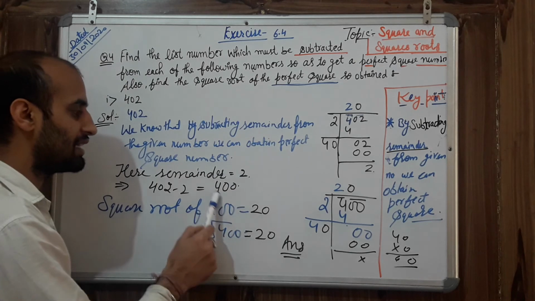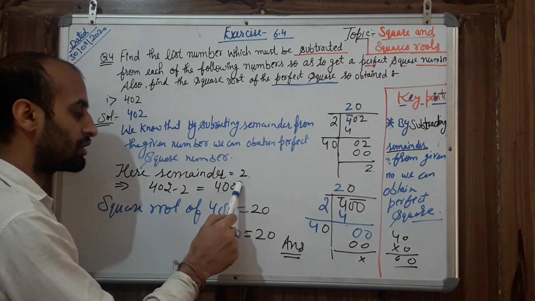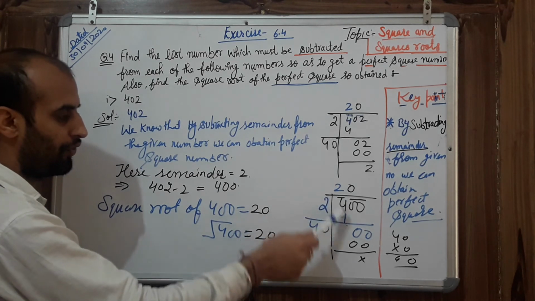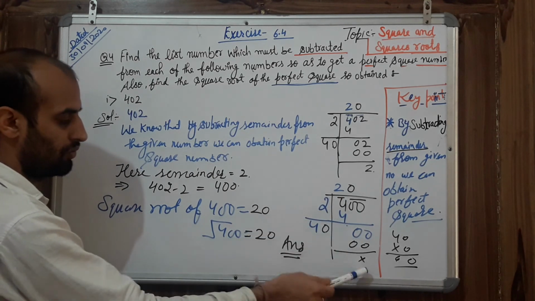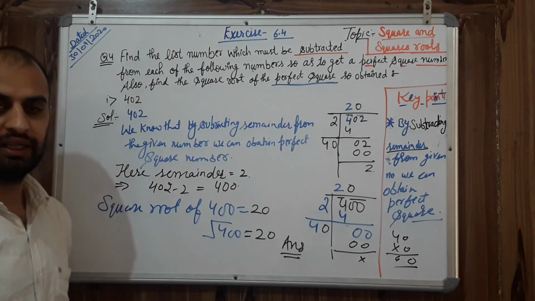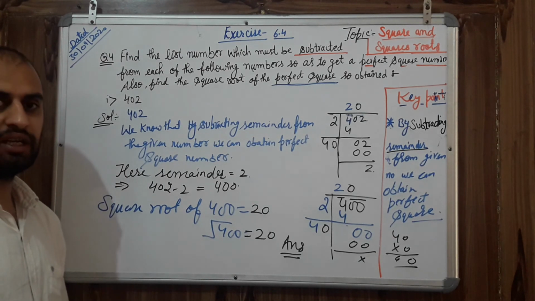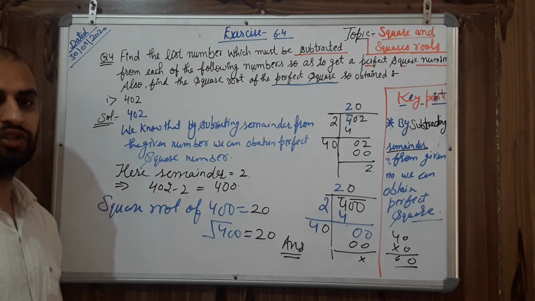Now my next task is to find the square root of 400. So see here, 400, I have divided 2 twos are 4, 0 left, so I have written 0. In this way the answer is 20. Means the simple work is that first write the number, divide it, find the remainder, and subtract it from the original number. You will get the answer.